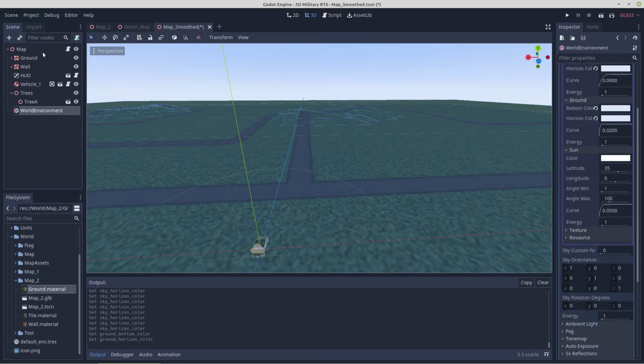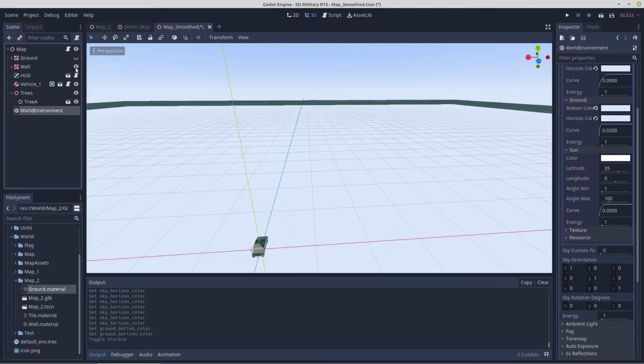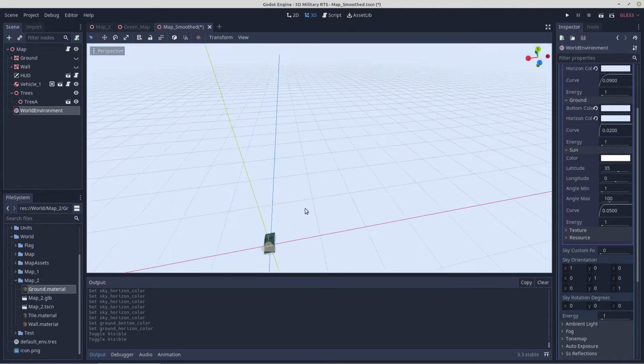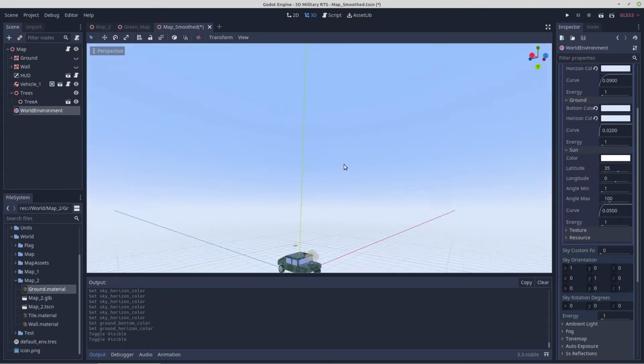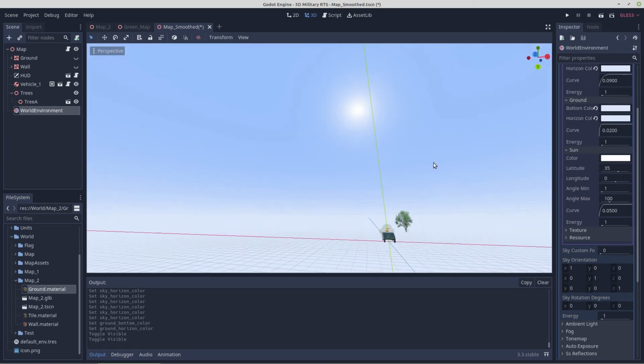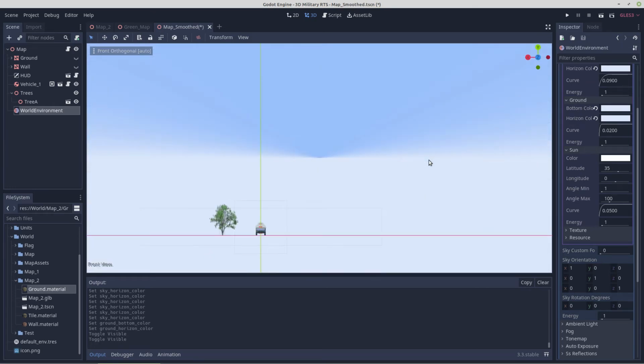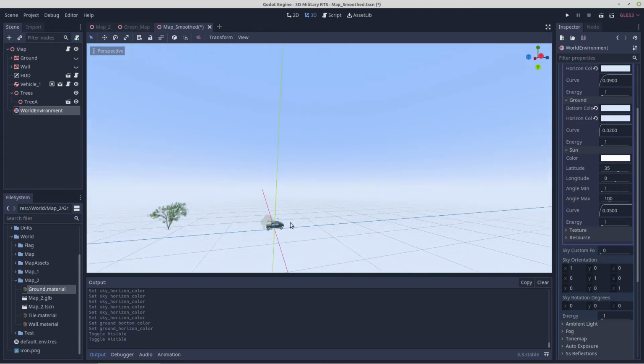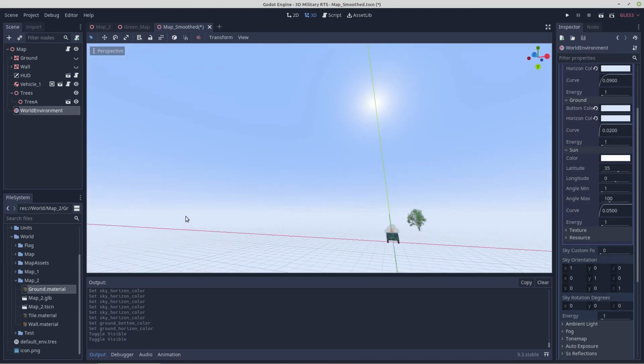For the sun, let's disappear the ground and the wall, get those out of the scene, so we're just looking at environment. So let's look around and find our sun. And I'm not sure which view that is. That's probably, I don't know how you get to a backwards view from behind. I'm not sure